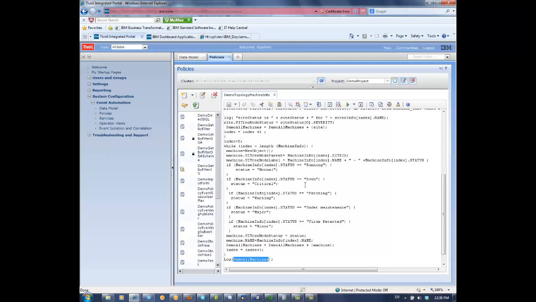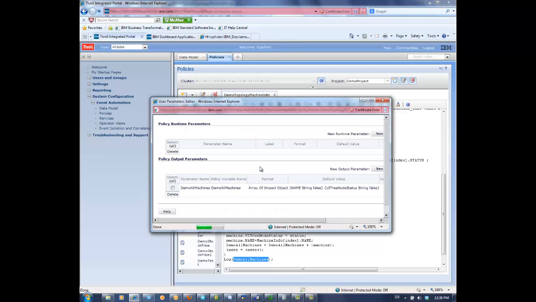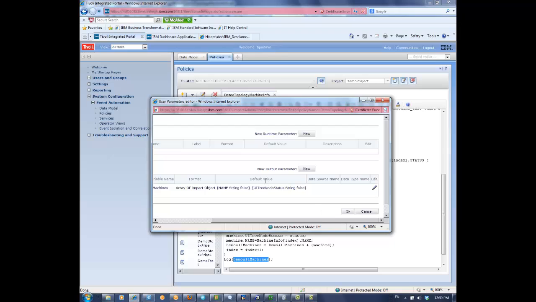So now to create the output parameter, you go to create configure user parameters, same way as doing input parameter. Click on it and it'll pop up the window. The second panel configuration, you have new output parameter. Just click on new,